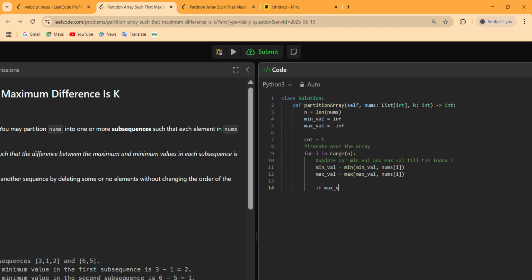Now check if maximum value minus minimum value is greater than k, that means at this step the condition gets violated.